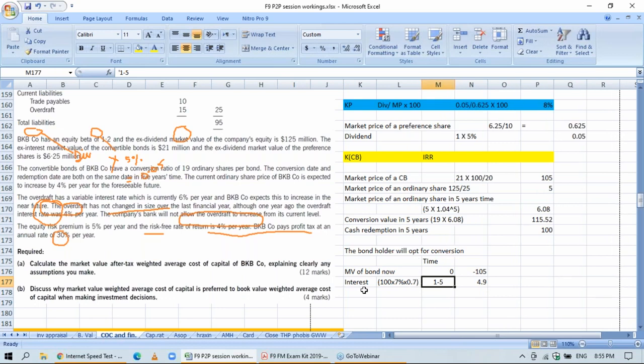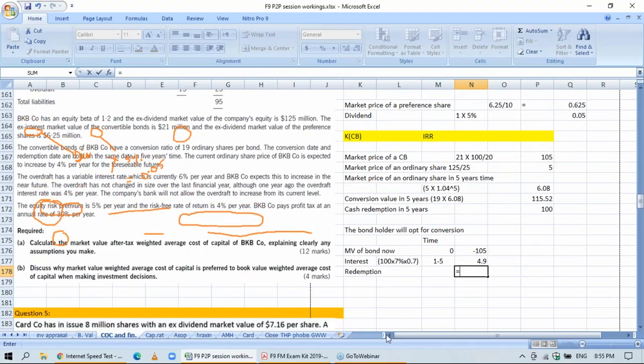And then at the time of redemption, the investor will be able to receive the conversion value that we calculated above, which was 115.52. So those are the cash flows involved in the bond. First we will calculate the present value, and therefore the NPV